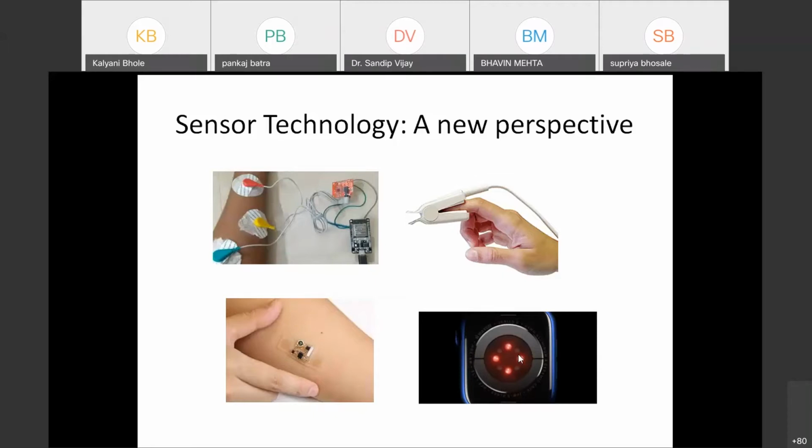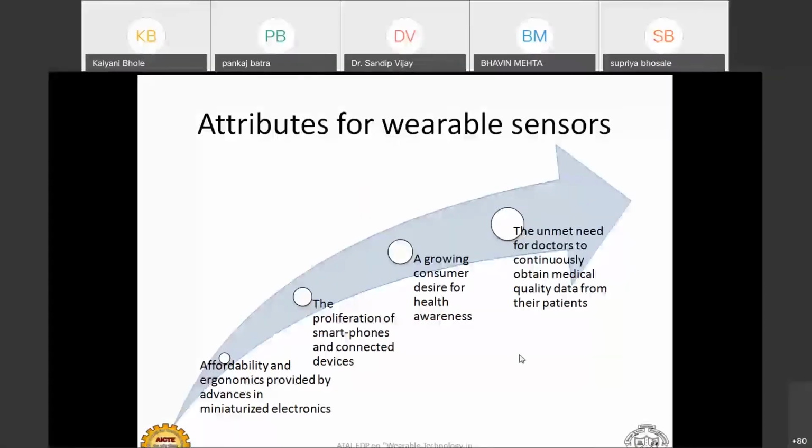This wearable sensing technology is rapidly moving from a vision of science fiction to a reality. Previously we were just seeing all these things in a sci-fi movie, where someone is wearing some smart thing and it's giving that person some extra power. So we are actually going towards that development. So this view or this perspective we have to change, and this perspective has changed.